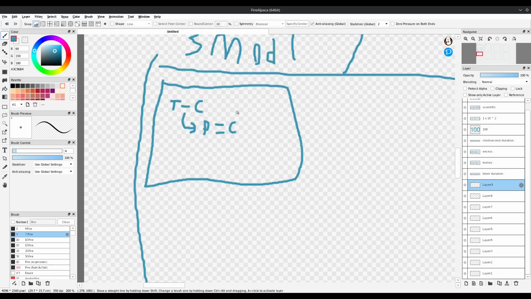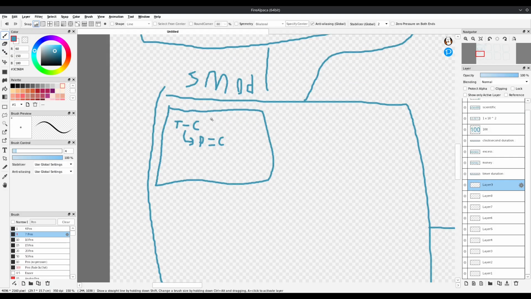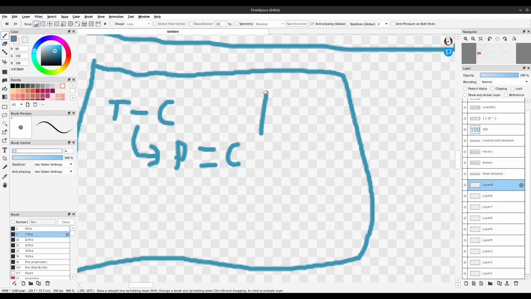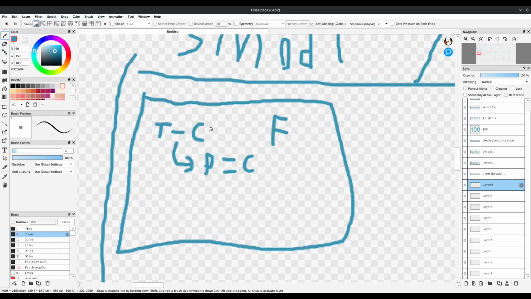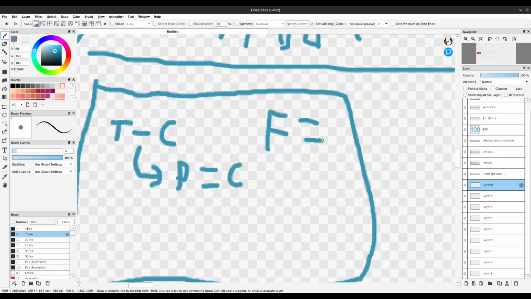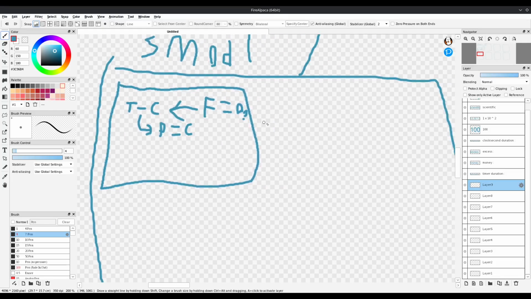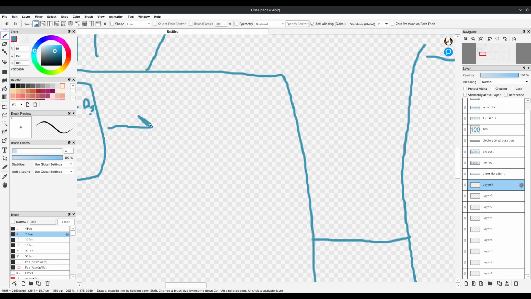Oh yeah, this thing also checks for freeze. It checks before it does this: if freeze equals 0, then we do that. Because if there's freeze, then it won't do that, and instead it'll pass over to the